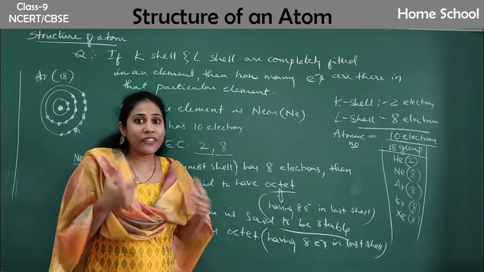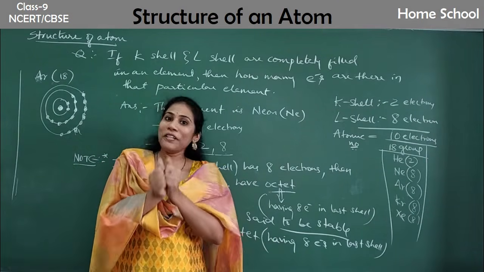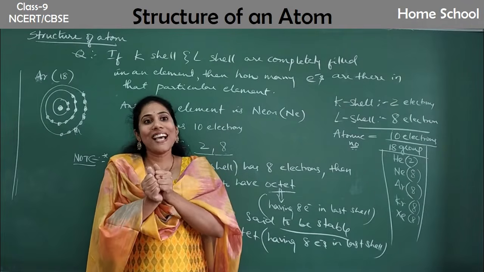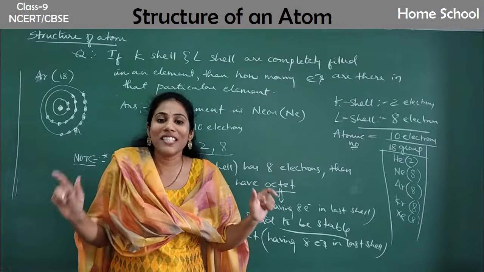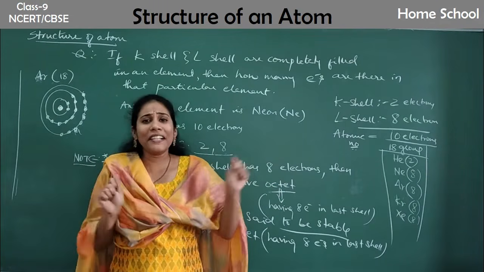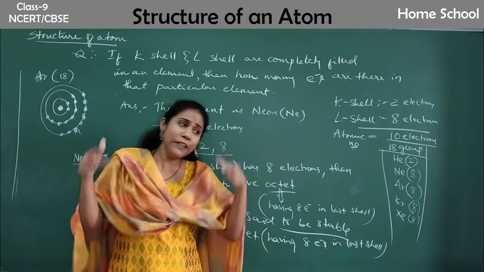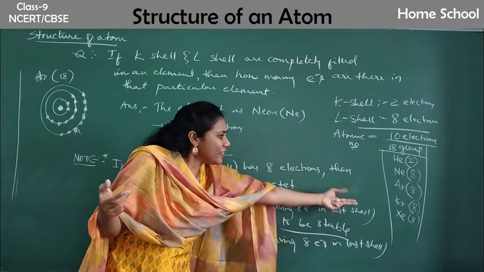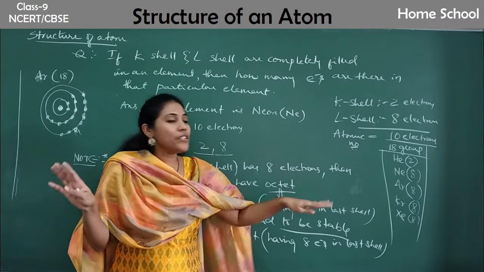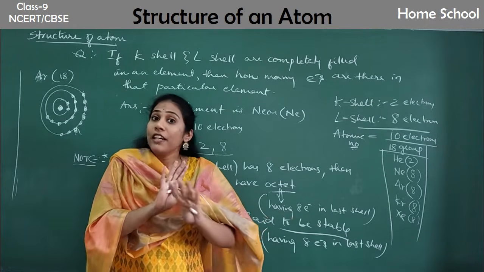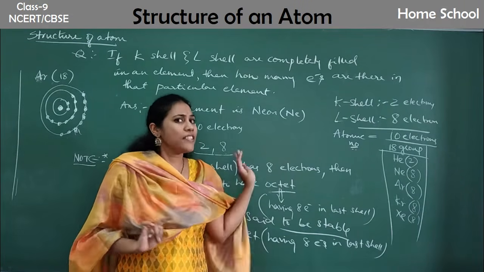Okay, because having 8 electrons in the last shell is a prestigious issue for the atom. Because if they have that 8 electrons in the last shell, they are the happiest elements or atoms in the world. That's why all the atoms and all the chemical elements eagerly wait for the reaction. If they already have 8 electrons, they won't participate in reaction. Okay, we say those are inert, in the sense not participating in a reaction.